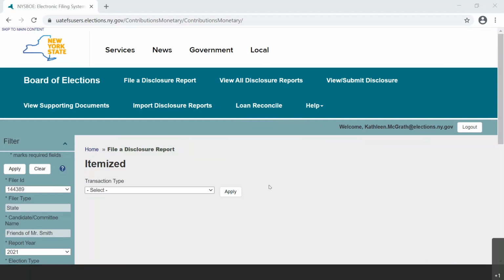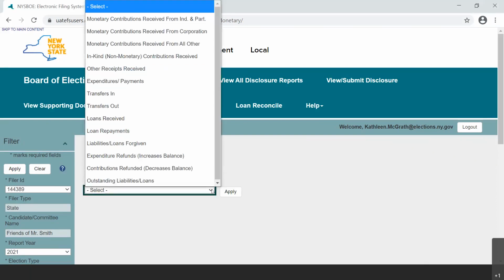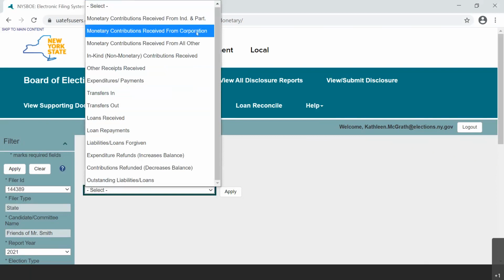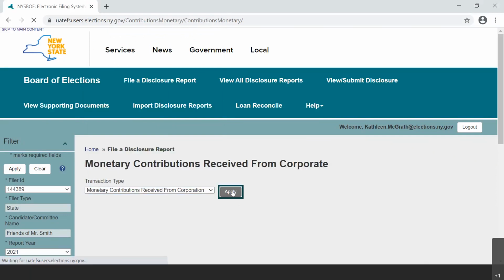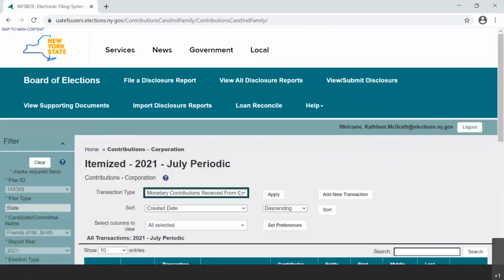Please note that the Transaction Type drop-down menu located towards the top of the page will only populate with items that are applicable for your committee type. To start, select the second category for data entry in the Transaction Type drop-down menu entitled Monetary Contributions Received from Corporations. Once the transaction type is chosen and the user selects Apply, you will see new drop-down menu options for